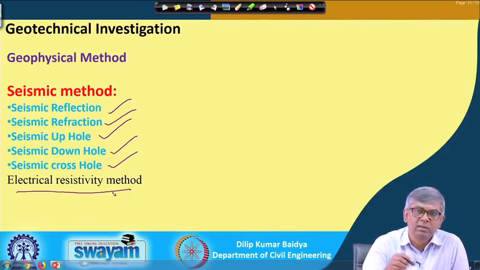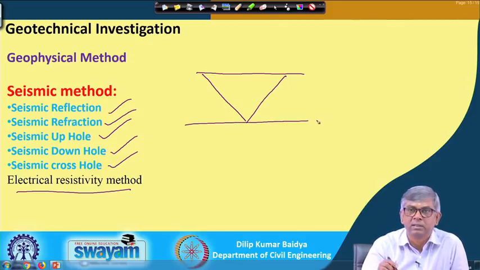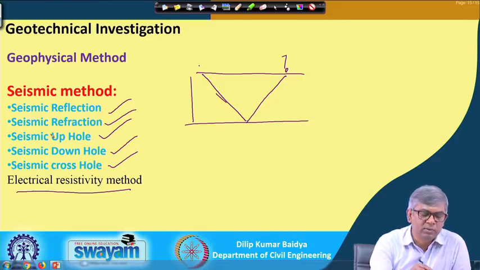So, seismic reflection is nothing but this: if I know the travel time from here to here, and I know this distance and this depth, then I can find out the velocity. This is sometimes used to find out the depth of the sea and other things, but otherwise in soil most of the time we do seismic diffraction, uphole, downhole and crosshole. I will discuss those in detail.